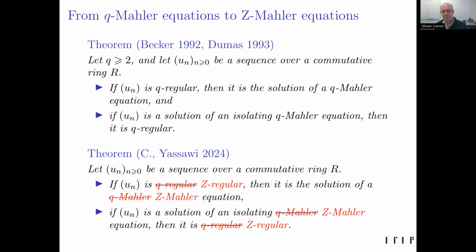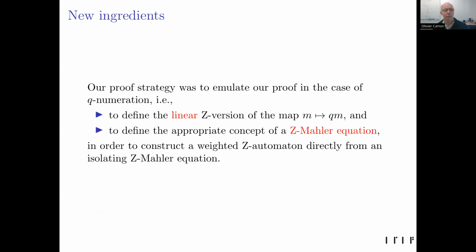So we look at weighted automata, but instead of feeding the automata with binary or expansion in base Q, we feed the automaton with the Zeckendorf expansion of the integer n. We will see an example later, but now I have to explain what it means to be a Z-Mahler equation, and I will move to that. So to explain exactly the idea of what we have done, we have replaced the operator phi that we were using